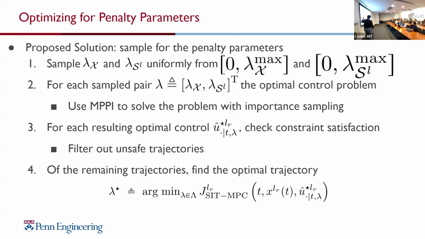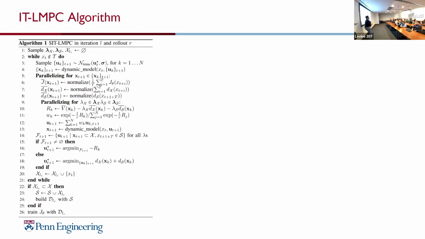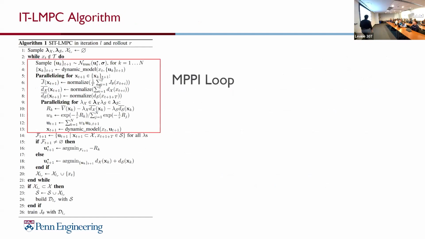For each of the resulting optimal controls, now associated with the lambda, so U star T lambda, we check constraint satisfaction. And if the resulting trajectory is unsafe, we filter out those unsafe trajectories. And for the remaining trajectories, we find the most optimal of those that minimizes the running costs and the terminal costs. The result is the following information-theoretic LMPC algorithm, where we first have an MPPI loop where